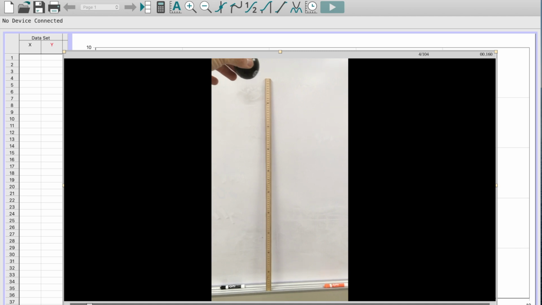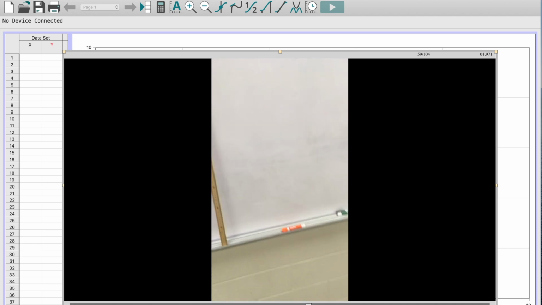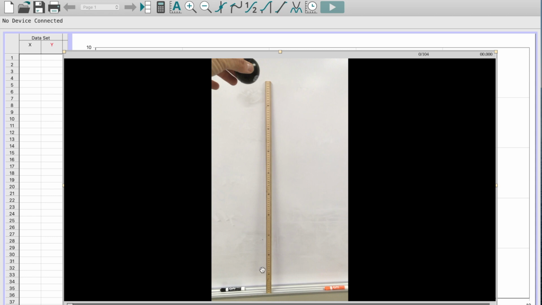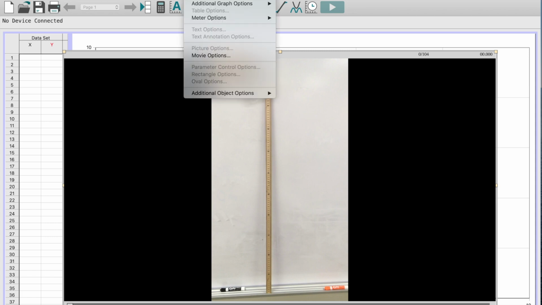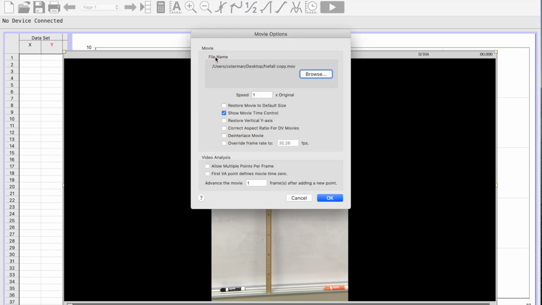It's pretty simple. It's just a ball falling to the ground. It's like a 2-second video, something like that. And that's all we need. So a couple of things we have to deal with here. One is I want to go up to options for my movie. Now, usually videos are filmed at about 30 frames per second. But I happen to know that last year we used a weird camera that has a frame per second rate of about